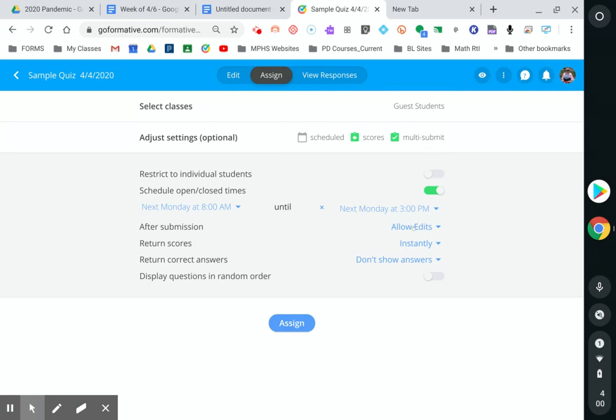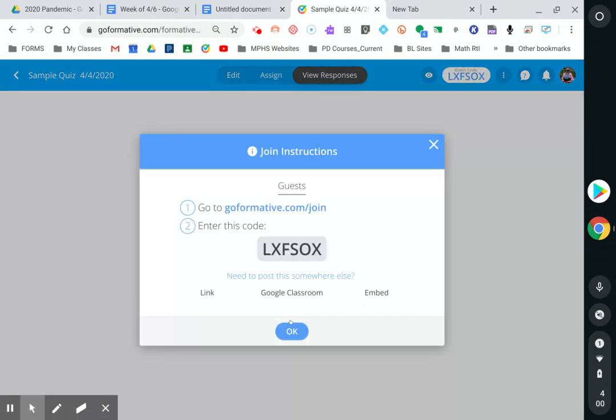I'm going to change this after submission. I don't want edits to be made anymore. I actually want it to be hidden so the kids can't see the question at all. I don't want them to show the answer. So I don't want answers to be returned, and I don't want the answers to be seen there. So when I assign this and I get a link,